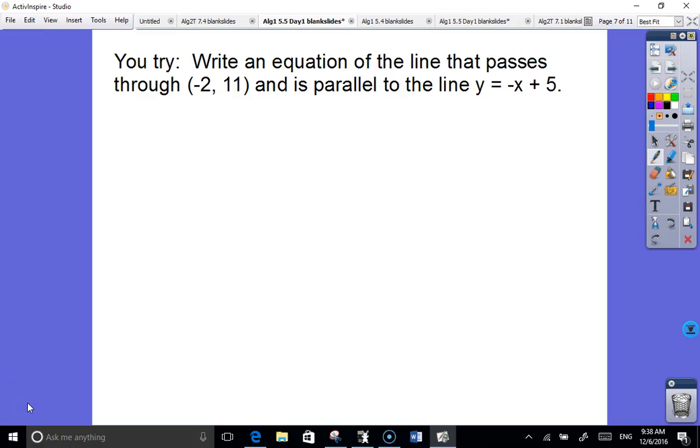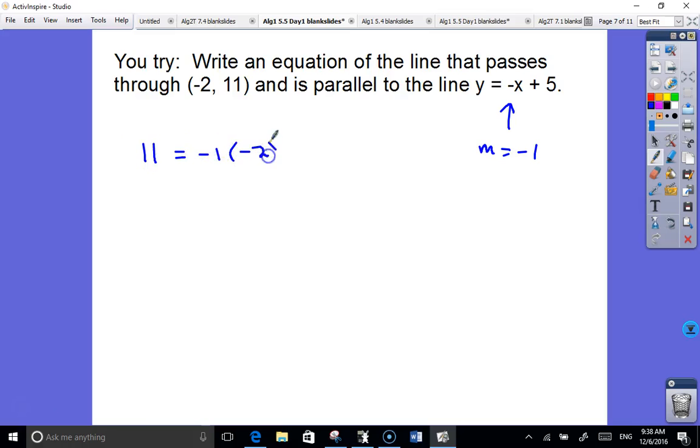Right, so what is the slope of this line? m equals -1. Remember, that's the only thing you care about for that line. Don't worry about the plus 5. It's got nothing to do with our line. Now we're trying to find the equation of a line that has a slope of -1 and goes through the point (-2, 11). So if we go to y equals mx plus b, we will get 11 equals -1